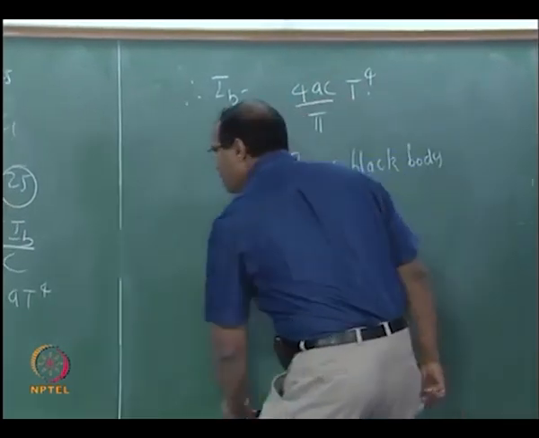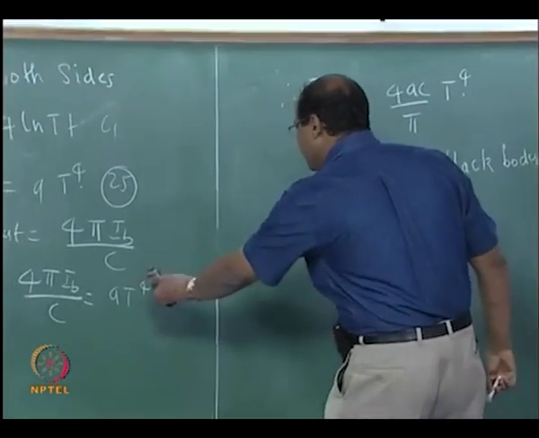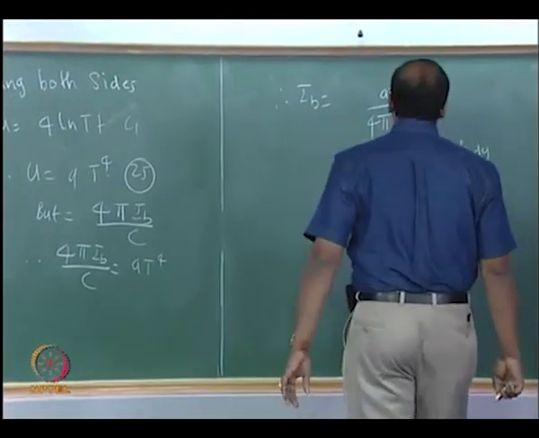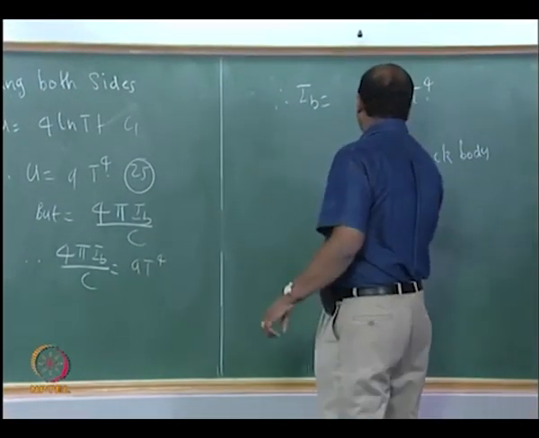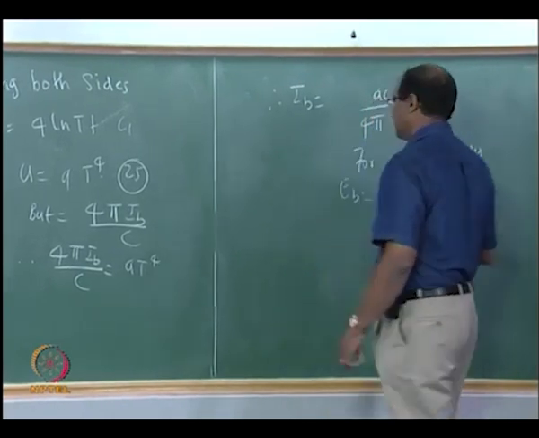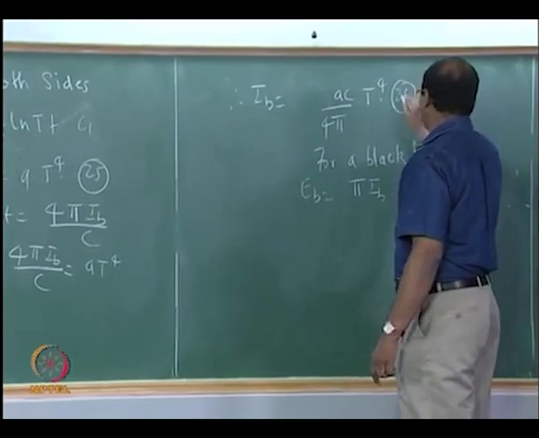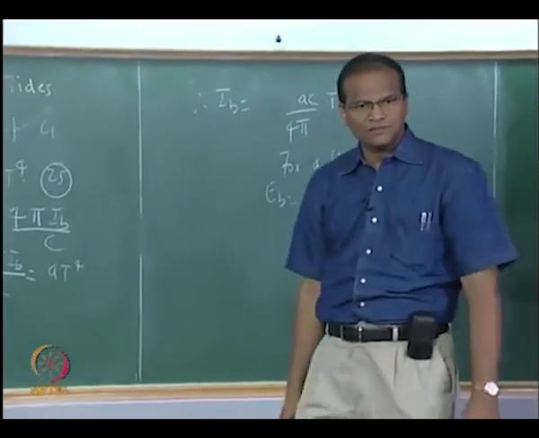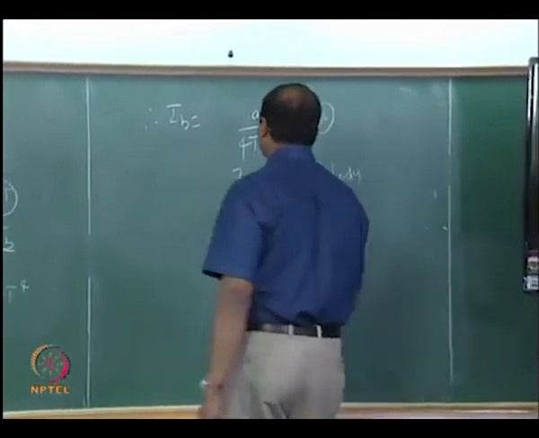Wait, AC by 4 pi, okay. For a black body, it is diffuse and after the integration over the hemisphere is done, therefore